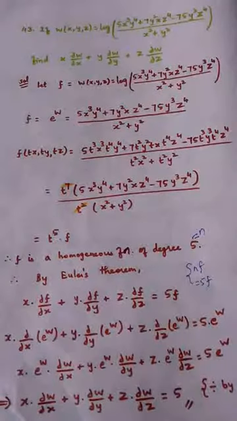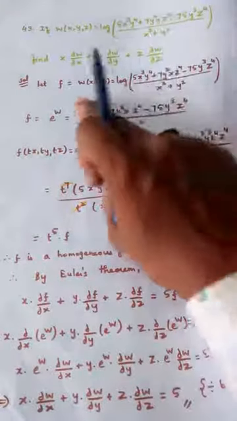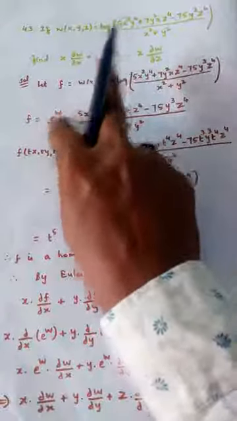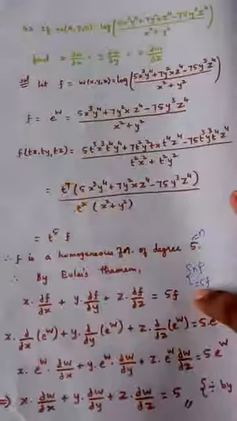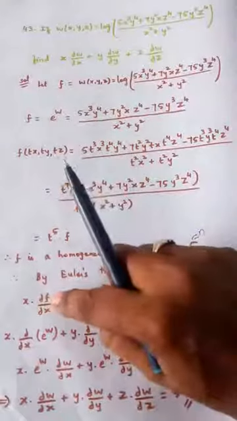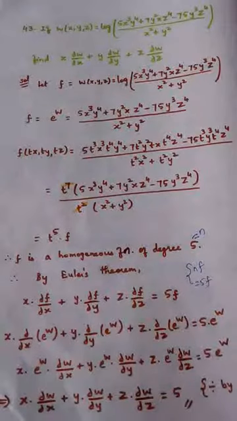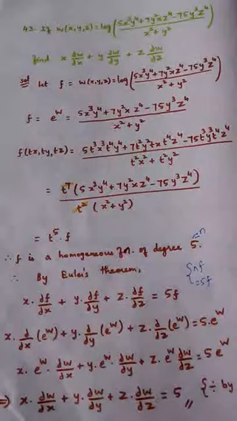Again, these two, if you see the last two problems, it looks slightly different. Where it differs, we are introducing a symbol and taking log to the other side, writing e power w. So three terms. Out of that, first we forget this, take these two alone, find the homogeneity and write the Euler's theorem result. After writing the Euler's theorem result, replace f by e power w and do the sum. So slight variation when comparing with other problems. So the last two problems are also very important sums, that model. Every problem that we did in this class is very important.